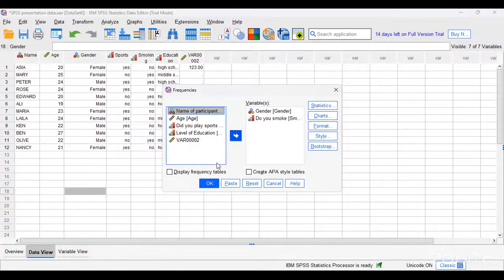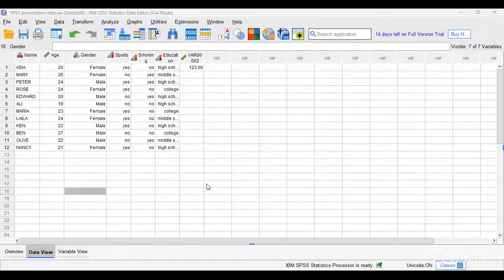Let me quickly, okay. So I chose two variables, gender and do you smoke. So how do we do it? For example, if I want to get a frequency of how many people play sports, I can also add this on to this. So now I'm going to say okay, and it is going to take me, I'm not sure, let me see if you guys can see this. Okay, so here you can see now,